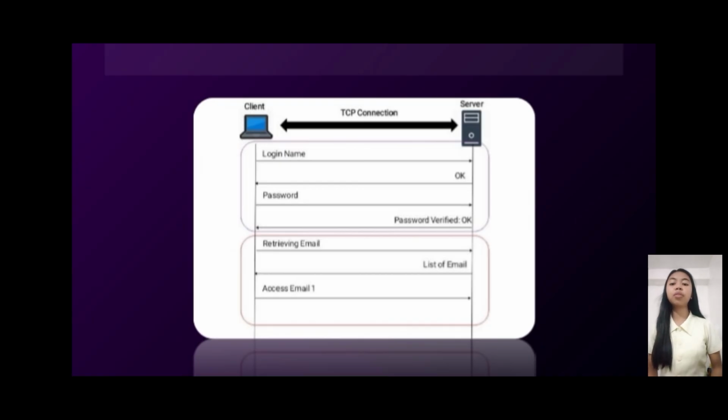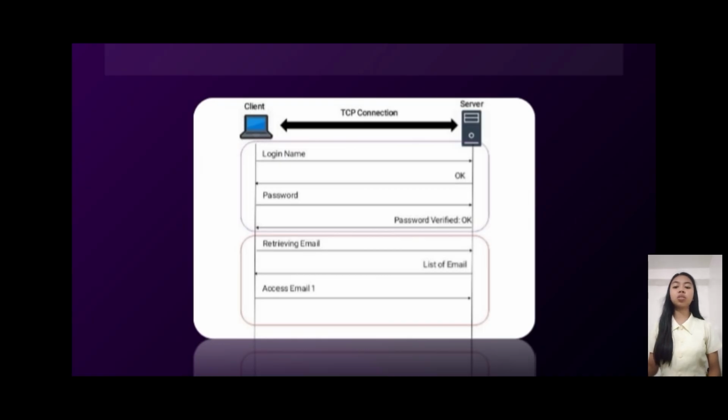Then the server will verify the user and send OK message. If the username is correct, then client enters the password. So password is verified at the server side, and sends the OK message and logs in successfully to the server. So this is the authorization phase.